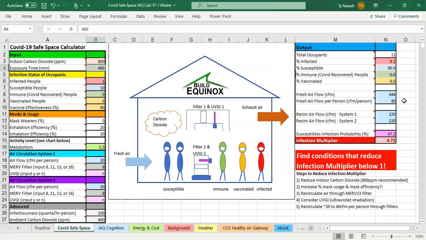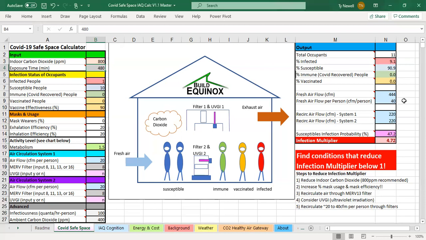Now, that will raise some flags with people watching utility bills, but as I mentioned, in other videos where we'll explain the cost and the energy impacts of changing ventilation, we're talking about 1 to 2 pennies per hour per person for enhanced ventilation in harsh winter climates and harsh hot humid climates. Okay? So the cost relative to paying somebody a low wage of $10 to $15 per hour or a more typical wage of $25 per hour, a penny or two per hour per person is well worth it